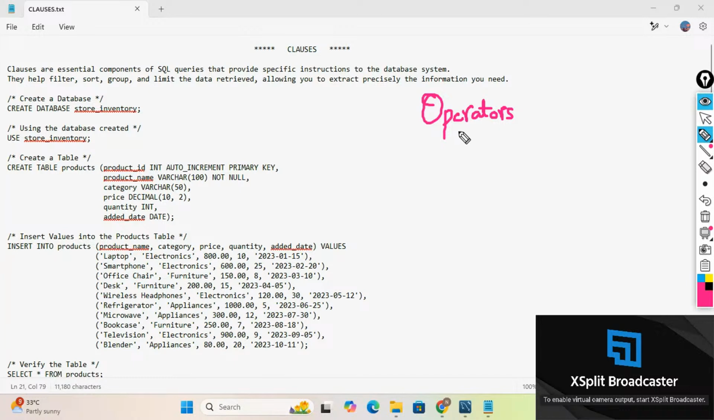What exactly are operators? Operators are nothing but symbols. Why do we use operators? They perform some kind of operations. So these symbols, the operators that we use as part of SQL queries, will do some kind of operations on the data. These SQL operators are of many types: